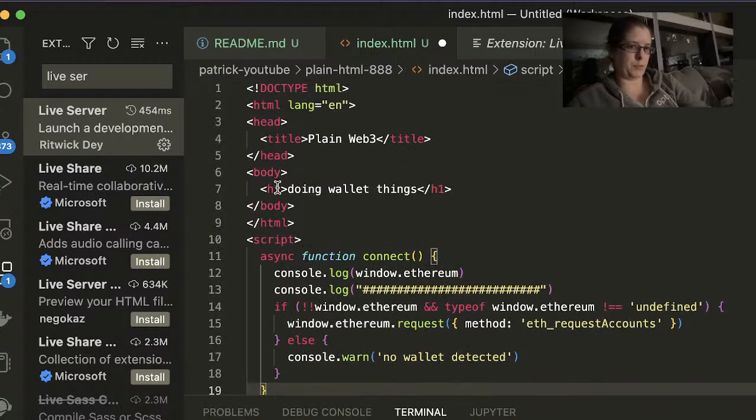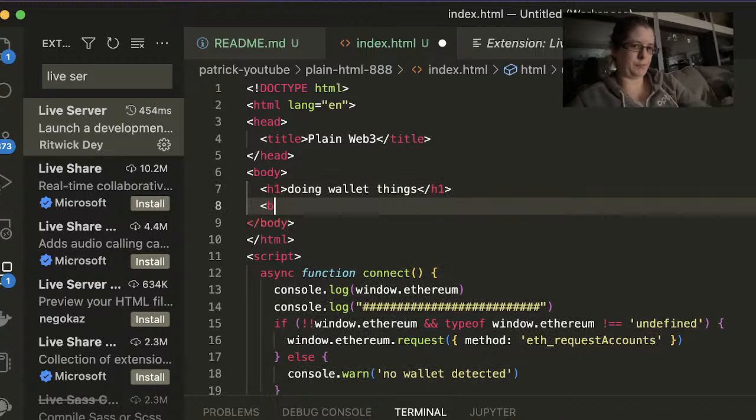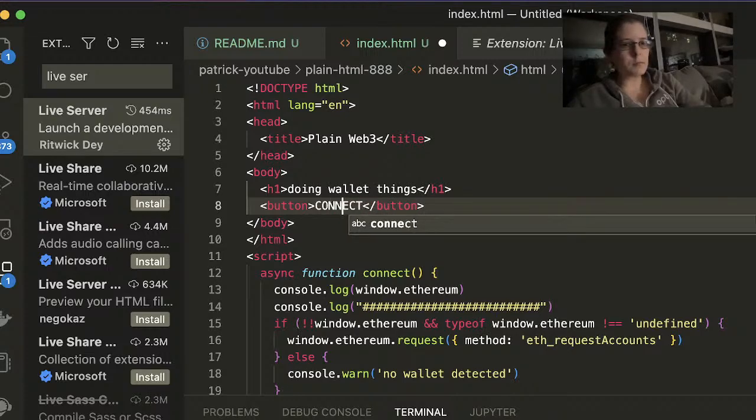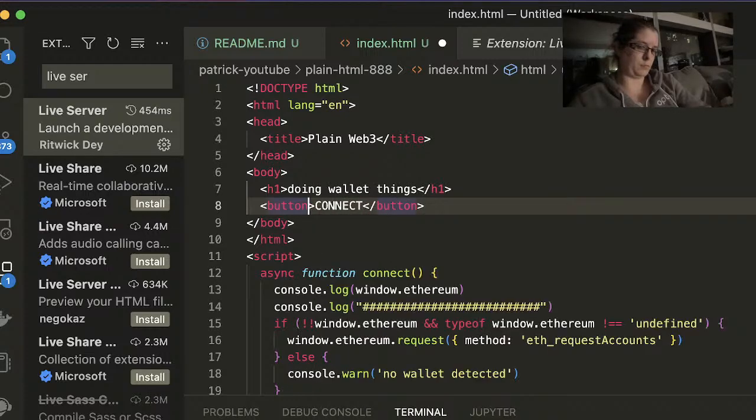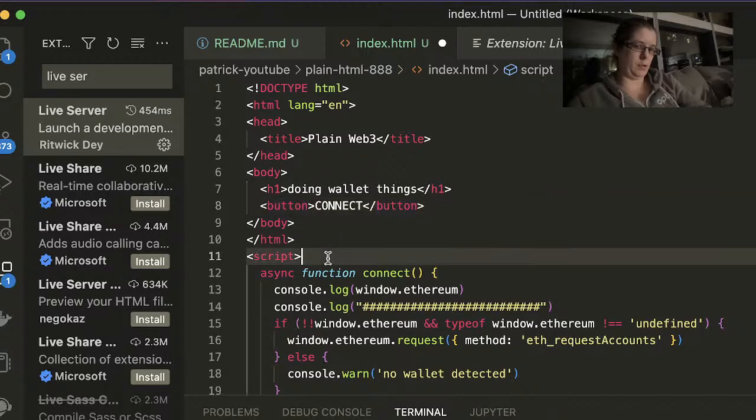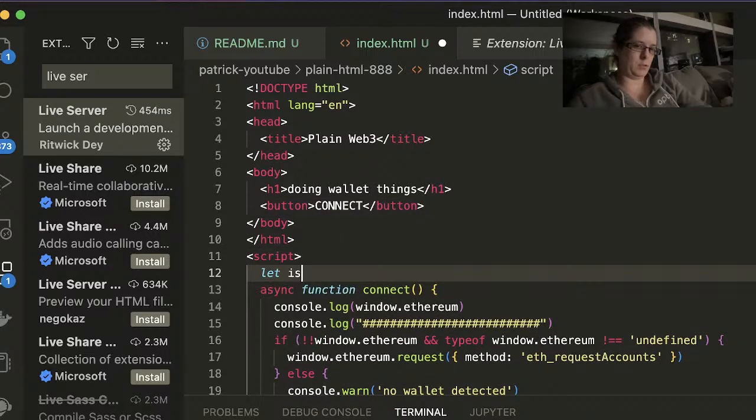Wow, it's been a really long time since I have done this. Be like, let is